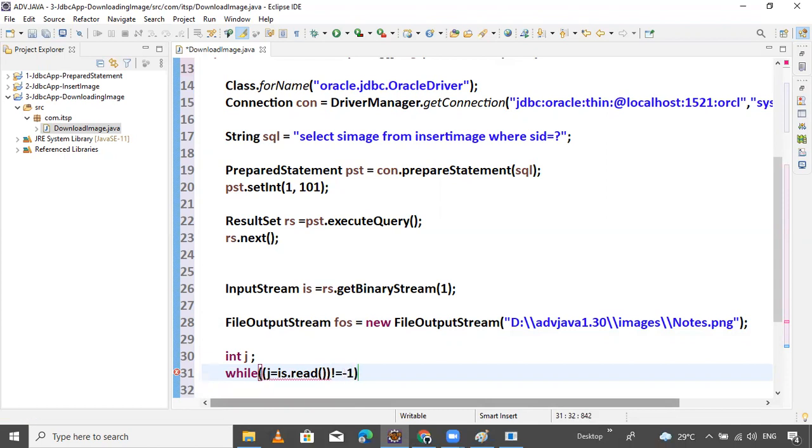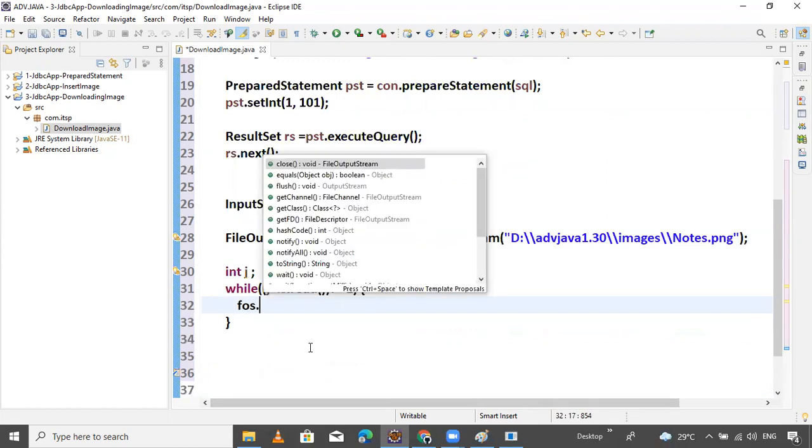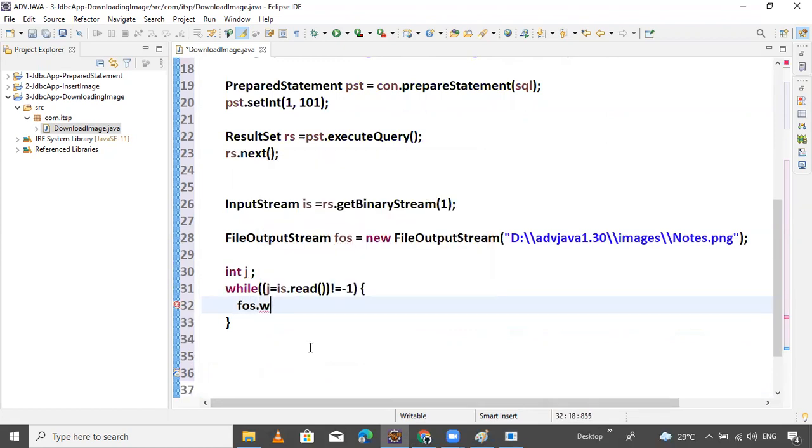Then write using the file output stream, write the j variable.